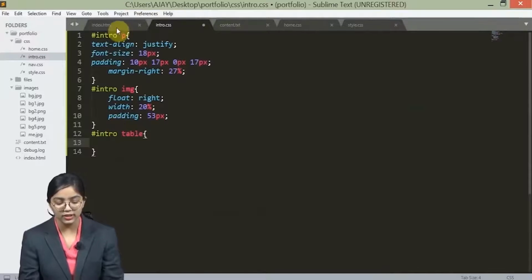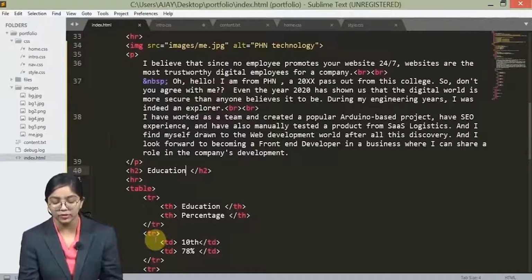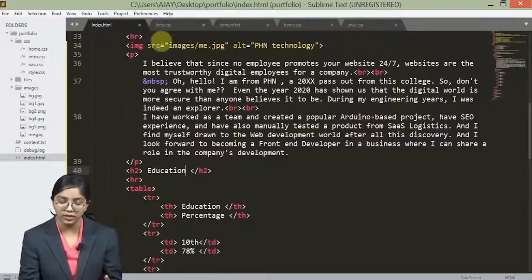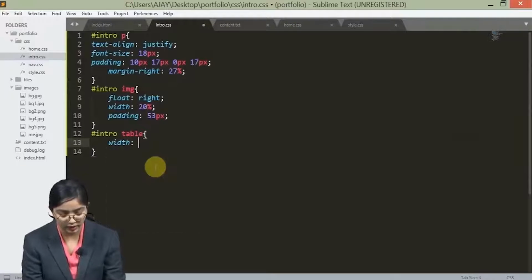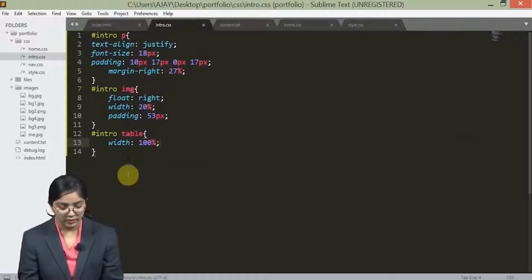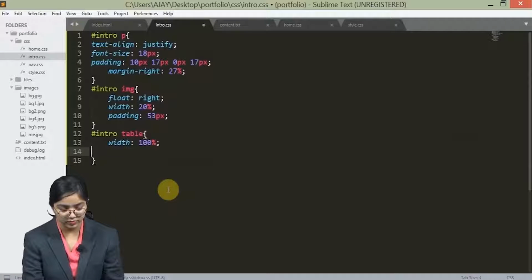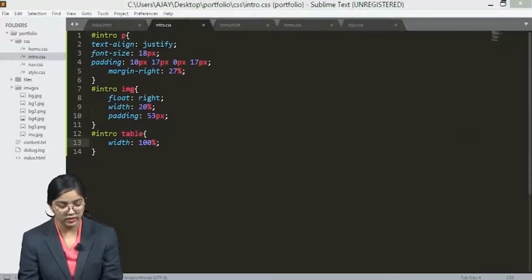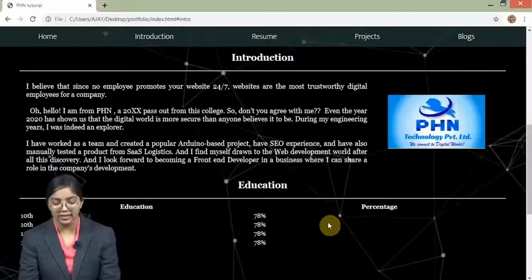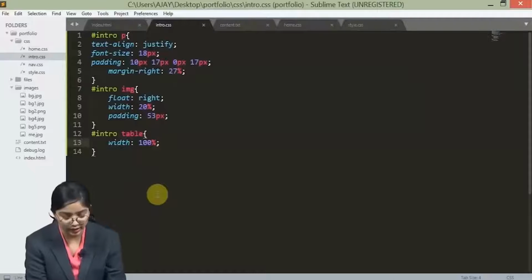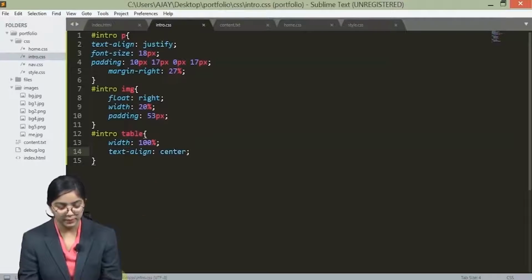And we cannot just style the table. Whatever will be applied would be applied to the table. If you want to give designing to the components, we have to enter the component name as tr, th. Okay, so we will enter table and give the width as 100%. Let's just see what happens. So you will see that the width of that particular table has increased. Now we can align the text as center. Okay.